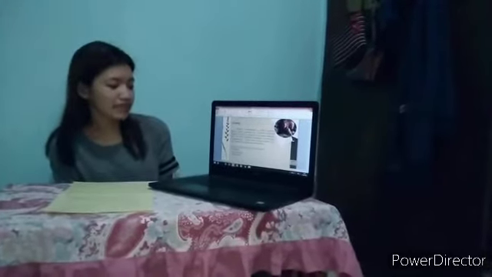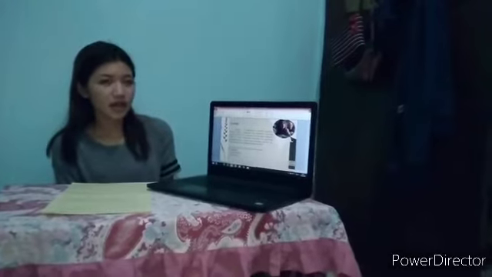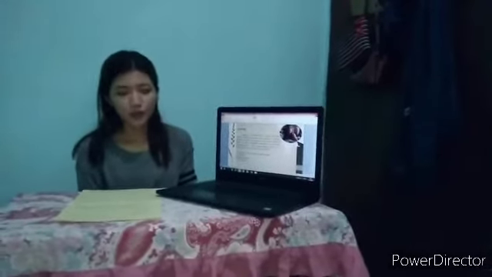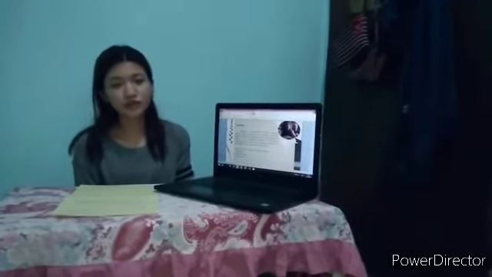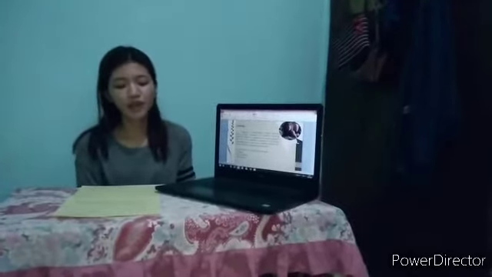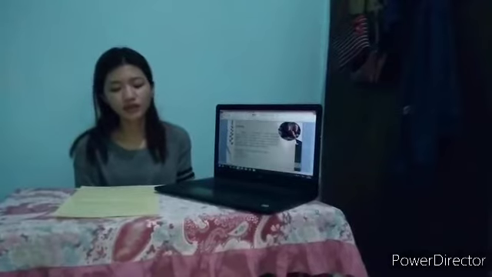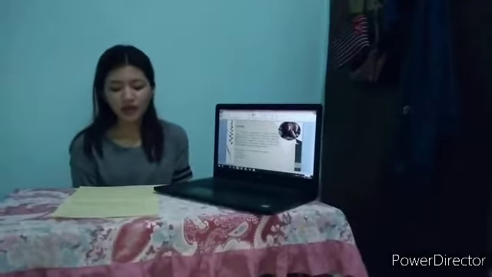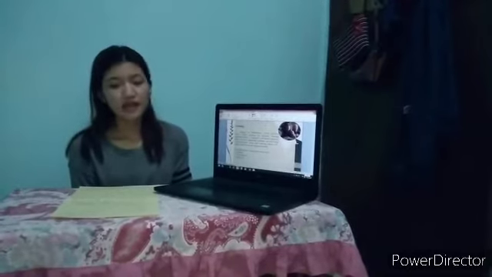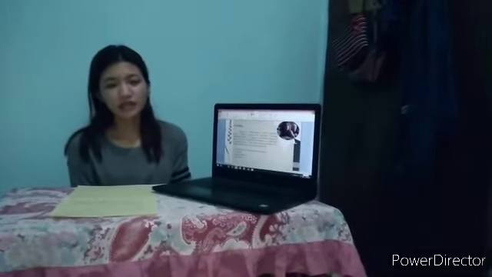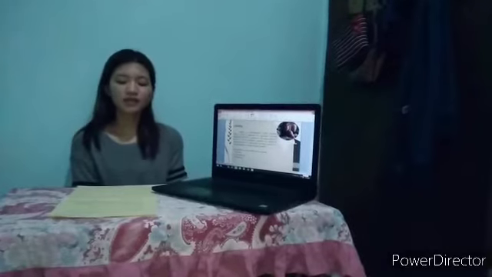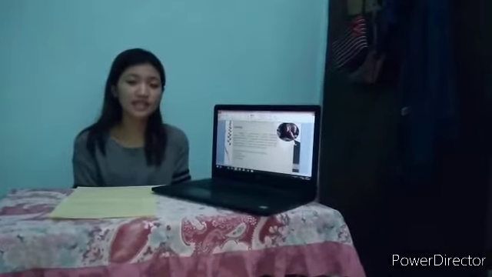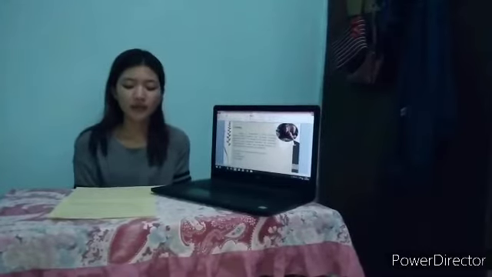And for the last is discovering. Discovering will follow, which allows the learners to compare the reconstructed text to the original text, and they will classify the causes of errors. And after that, they will assess their errors, and they will listen again